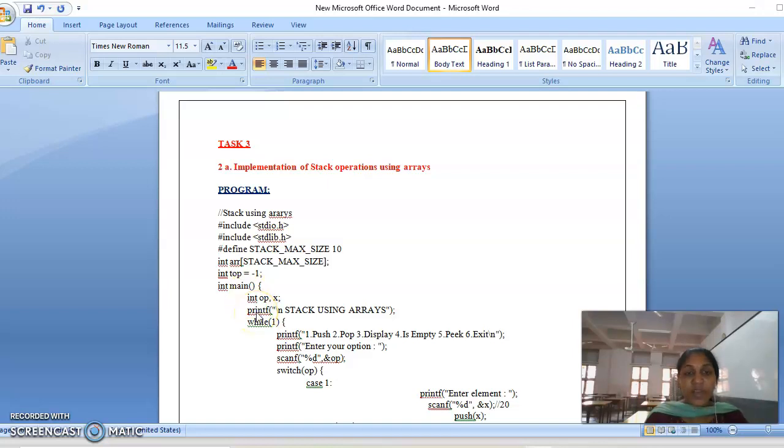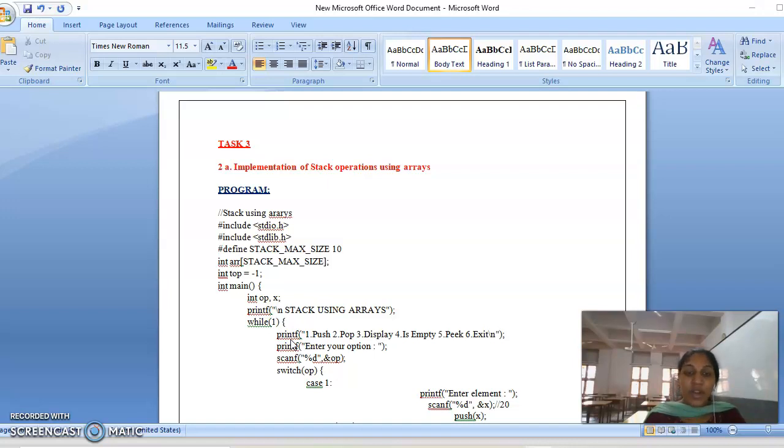Next, I'll write the printf statement, stack using arrays. Here while of 1. While of 1 is nothing but every time the condition will be true. In this program, my stack operations are push, pop, display, is empty condition, peek and exit. Push is inserting the element into the stack, pop is deleting, and display shows the elements.